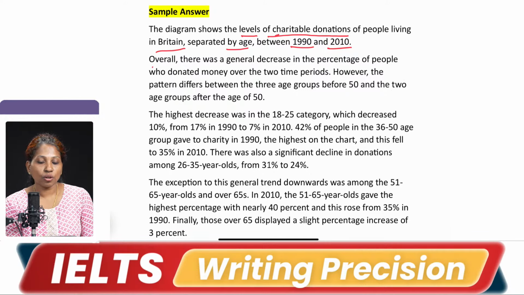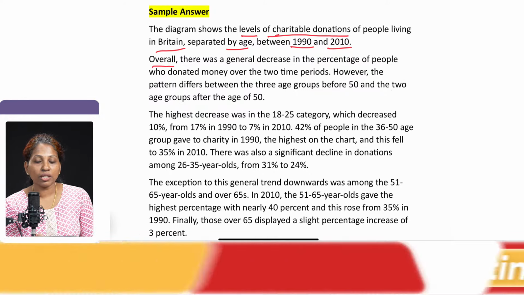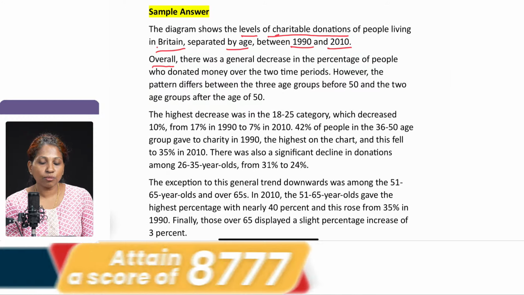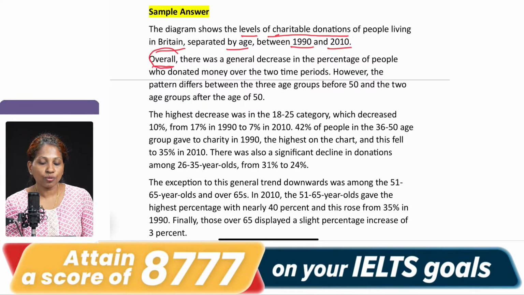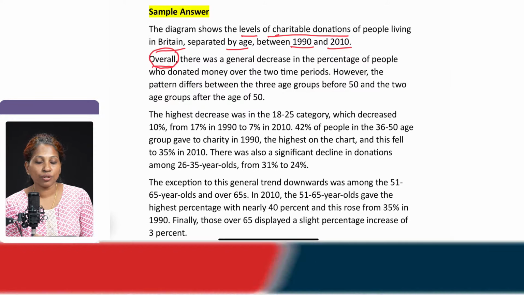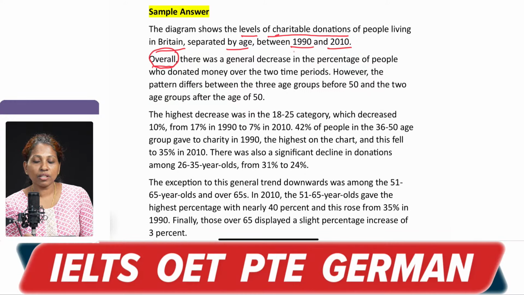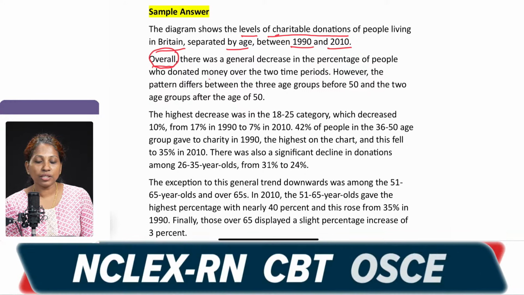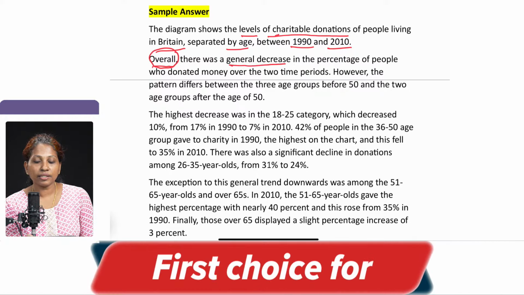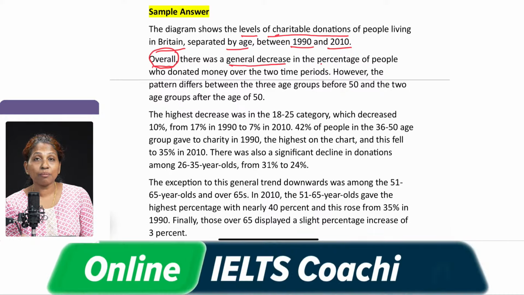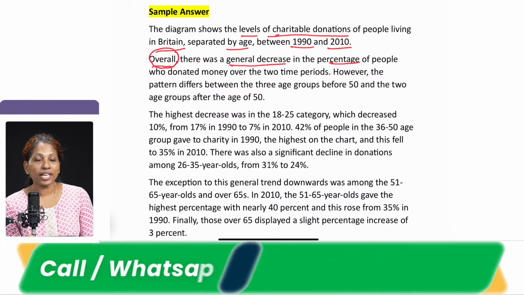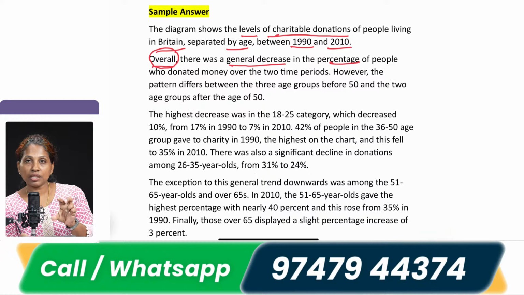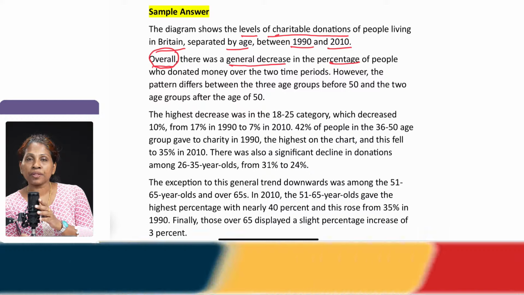Overview. Overall, we start with overall, comma. This makes it easier for the moderator to understand that this is the overview. Okay, the most common way to start an overview. There was a general decrease in the percentage of people who donated money over the two time periods. So now they're telling about a decrease which has happened in the percent. So the measuring unit is percentage, right? It has happened over the two time periods. So whatever the time periods are, maybe 5 years or 10 years, whatever it is, over two time periods,